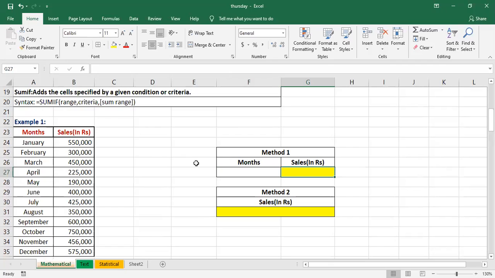I have got a condition. So in the month, I'll give April here. Here I'm going to use a formula so that it displays only sales of a specific month. Whichever month I specify in F27, the same month's sales should display here. Now here I'm using equals SUMIF,